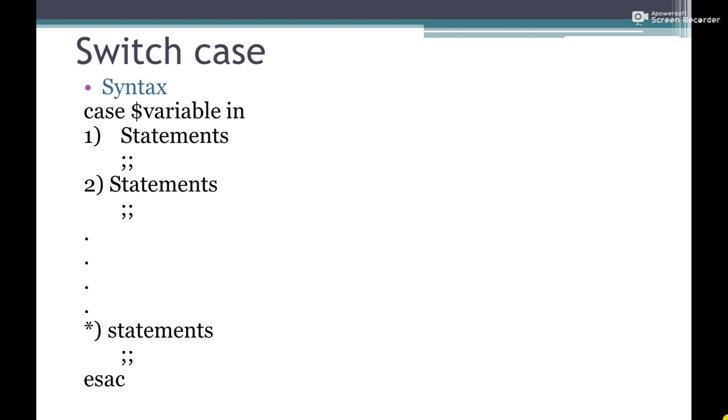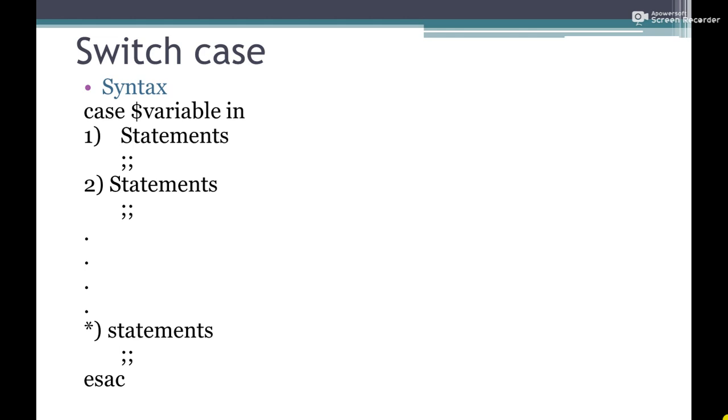And then as you see, an asterisk sign is there. The asterisk case is defined as the default case, used when we get input from the user and that input is not valid. So if you want to display a proper message to the user, that is, your input is invalid, or please enter a valid input, in this default statement we can display our own message. And then again the two semicolons to exit from the case.